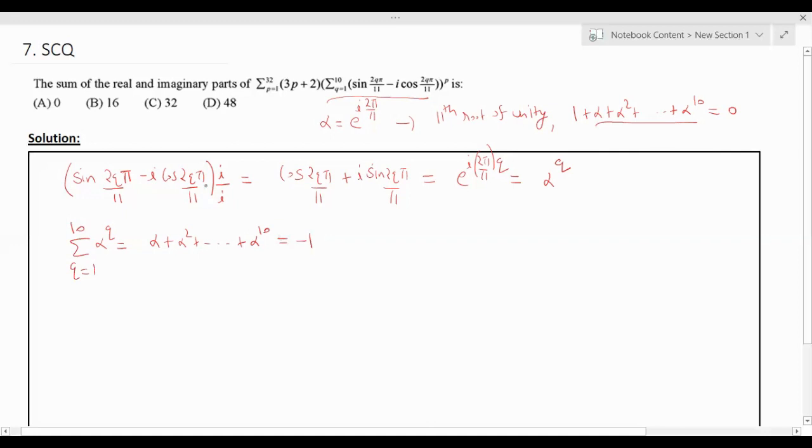This value is equal to minus 1. So mind it, you multiplied with I, right? So here you should divide by I, and when you divide this by I, you will have 1 by I, you will also have here 1 by I, and here also you should have I. When I divide by I, here also we will get minus 1 by I, and minus 1 by I. Again you can multiply with I and divide by I, and you should get the value as I. It means that this whole quantity, which looks very complex, will get simplified to I. So no problem. Shift to the second part,